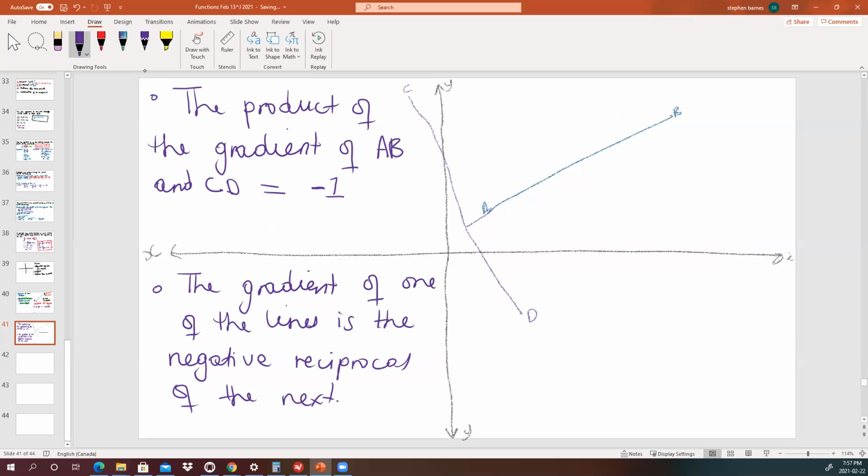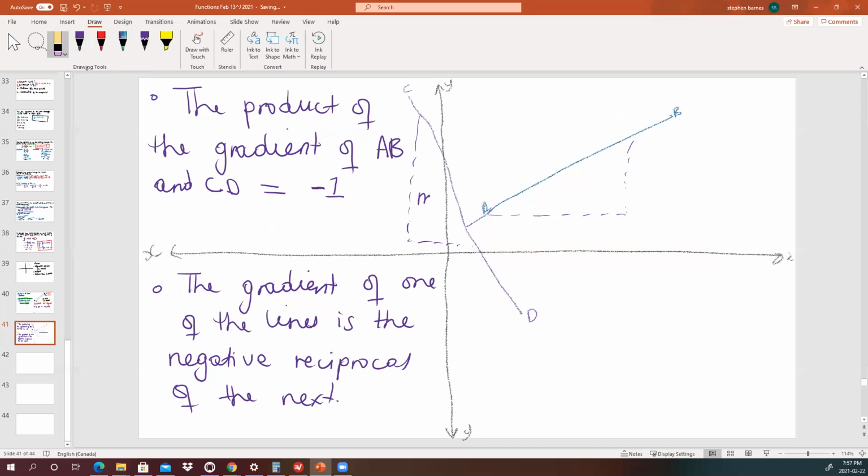All right, so let's look at this now. Let's go through it. What we're saying here is that the product of the gradient of AB and CD is equal to -1. What that means is that if you find the gradient of this line AB, going through your normal procedure of rise over run, and you do the same thing for CD, and find your rise over run for CD, then because they're perpendicular, if you multiply the gradients you get